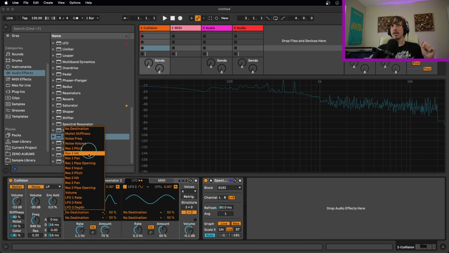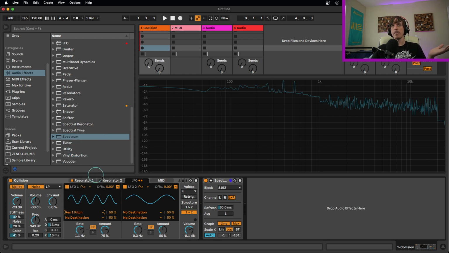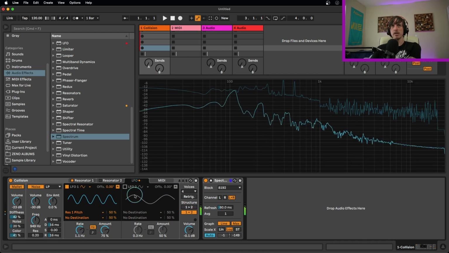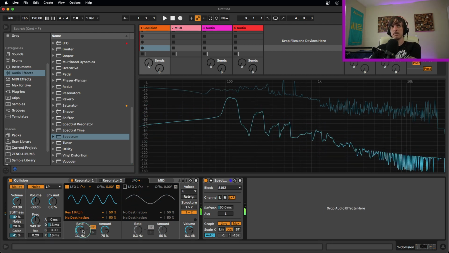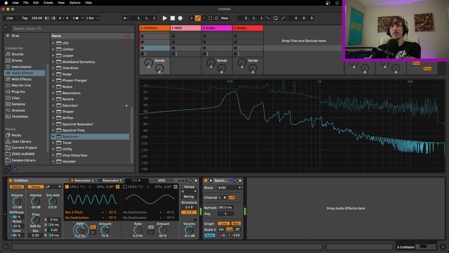So destination 1 can be any one of these guys. You are somewhat limited in terms of your destinations. There's only so many parameters in Collision to modulate, but you have some cool access to things. So say, for example, you wanted to add a little bit of vibrato to your resonator. You could map it to resonator 1 pitch. And so now if I play this, it's not going to sound like vibrato yet, but it is moving this up and down. So if I speed this up,